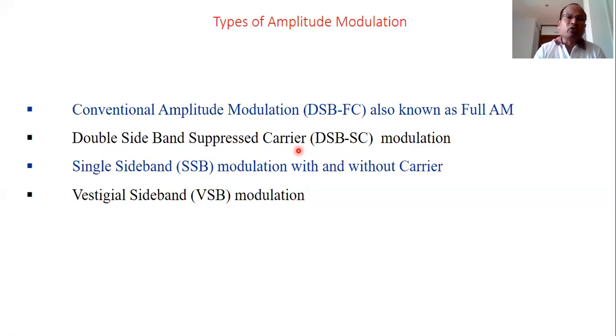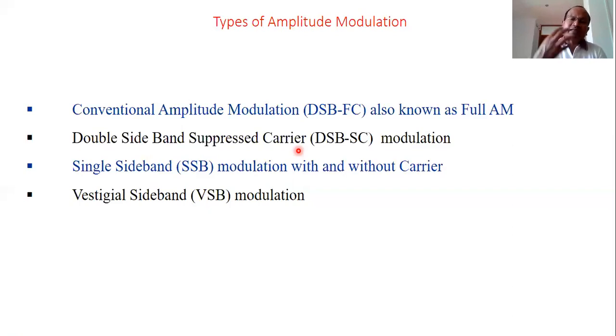But in VSB, what do we do? When we discuss it in detail, you will understand that the sideband which is left out still has some portion, some amount of message, that is still there. That could be added with one complete sideband, and it will then carry the complete message without loss of information. So that is about VSB.